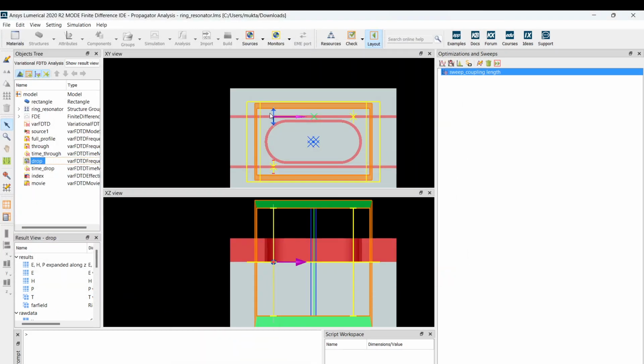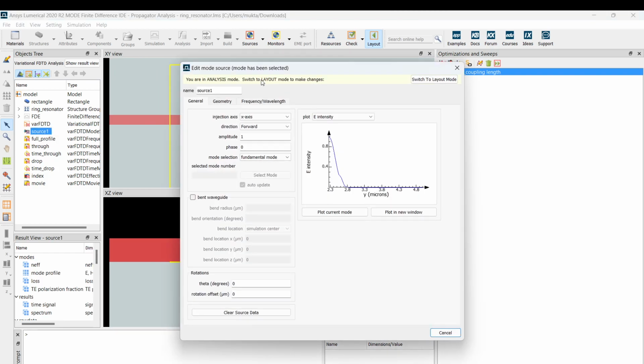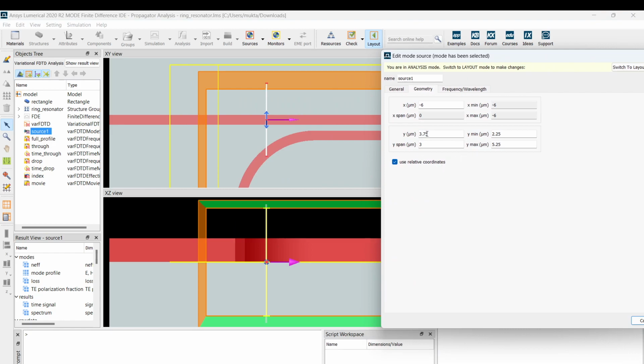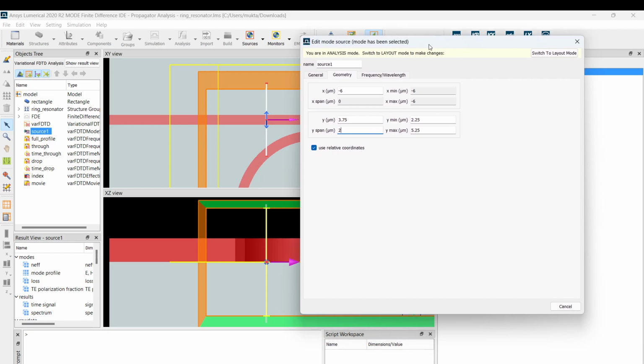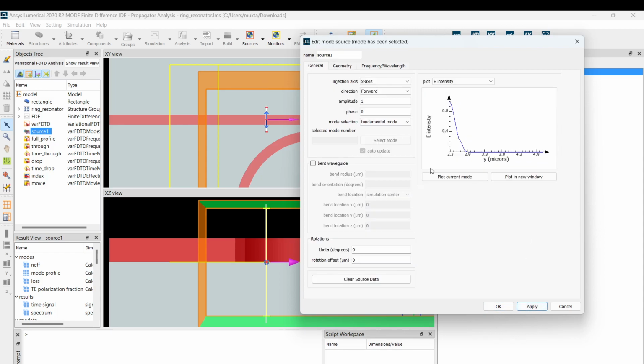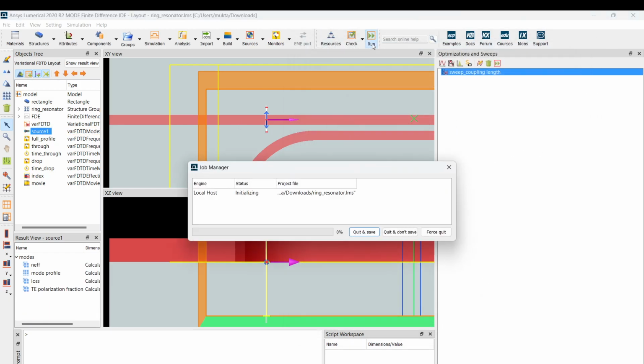The source has got extended into the ring. We need to go to geometry, and the Y span has to be smaller. Even one is fine actually. Let's try running again.